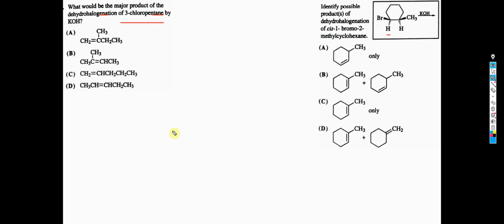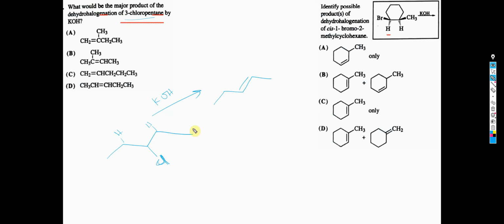So this problem asks you to predict the major product of the dehydrohalogenation of 3-chloropentane. So 3-chloropentane is chlorine in the third position. If you have a base like potassium hydroxide, since it's a secondary, it's going to give you elimination, and you have two beta positions but they're the same, therefore you're going to get a trans alkene